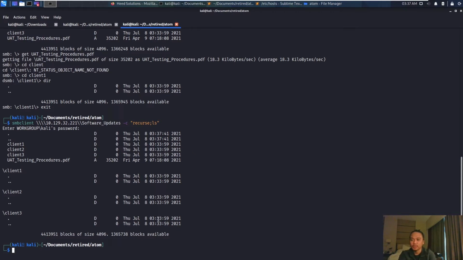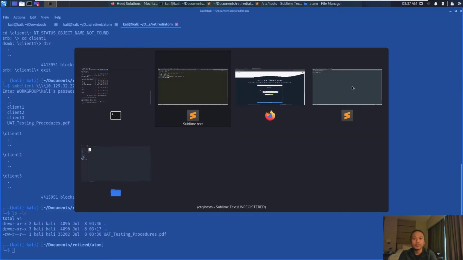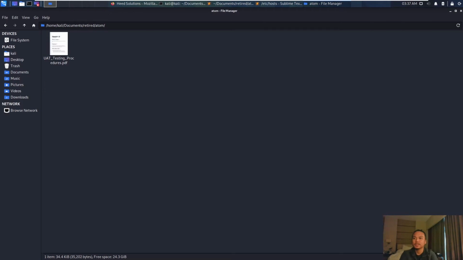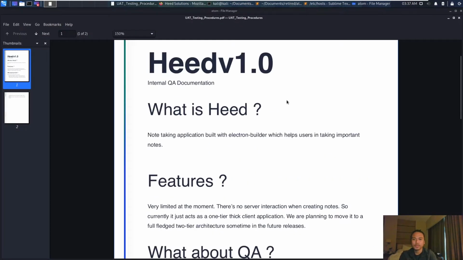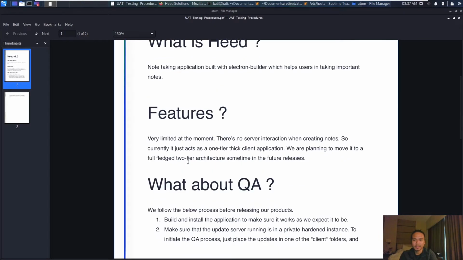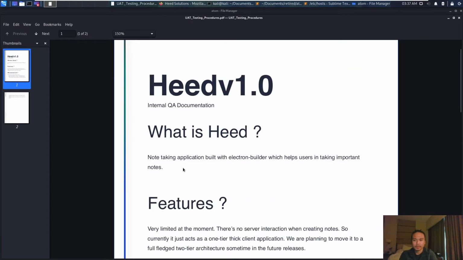But we are able to exfiltrate this data. We can open it. I've already opened this here, and let's just read it. Heat. What is heat? So the first clue here is this one, which I was not able to understand at the beginning when I was doing the box. So we're note-taking